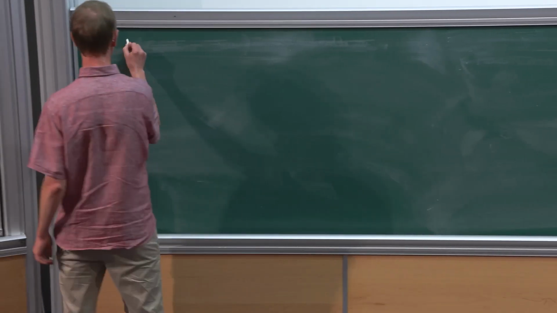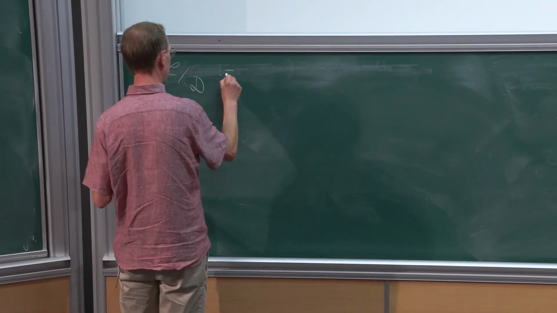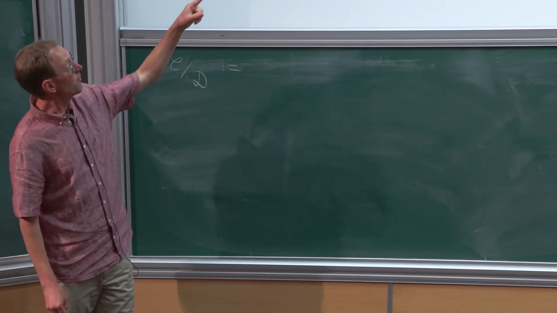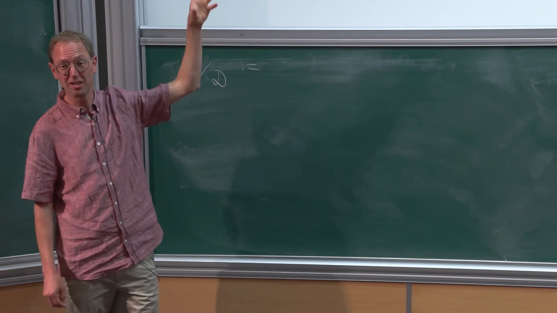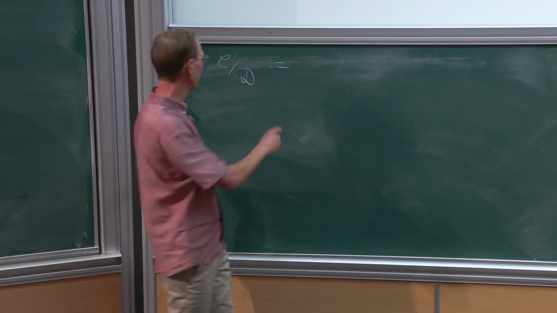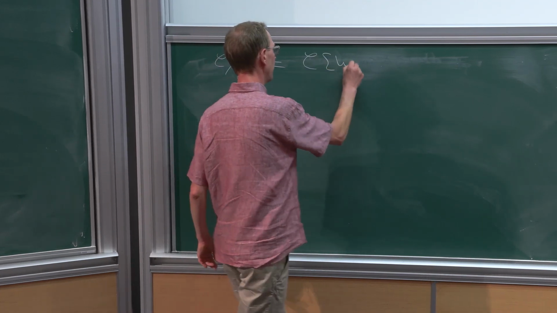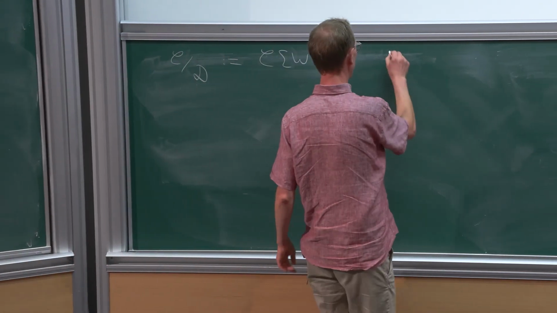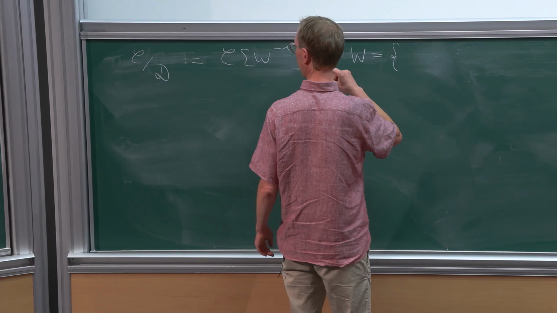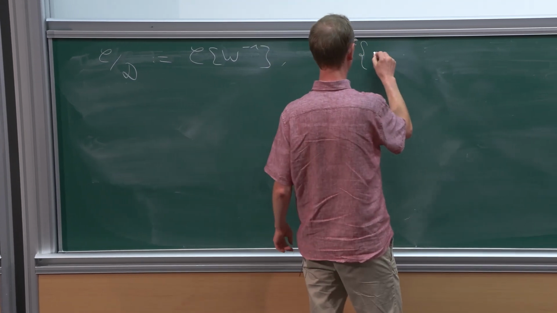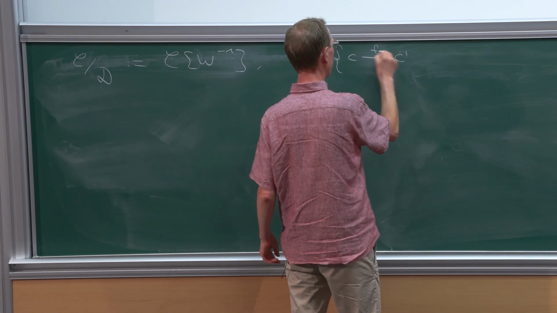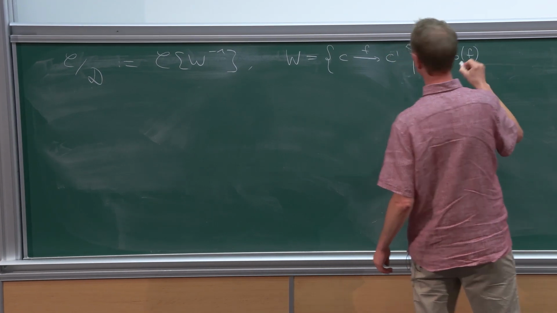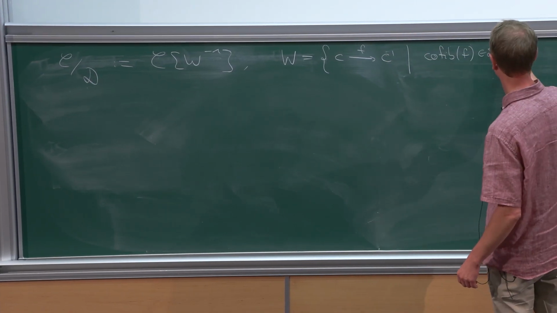So we have the subcategory, and then we define the Verdier quotient. There are several ways. For example, you could define it as the cofiber of the inclusion functor from D to C inside the category of small stable infinity categories. But there's also an explicit description: it's some localization of this category where you formally invert all the maps which are isomorphisms mod D. So you invert all maps F from C to C prime whose cofiber lies in this category D.